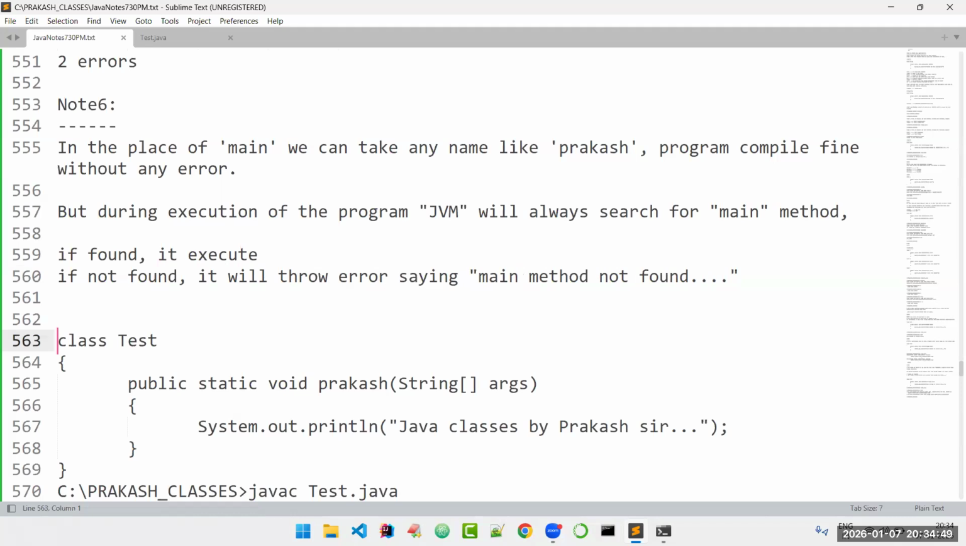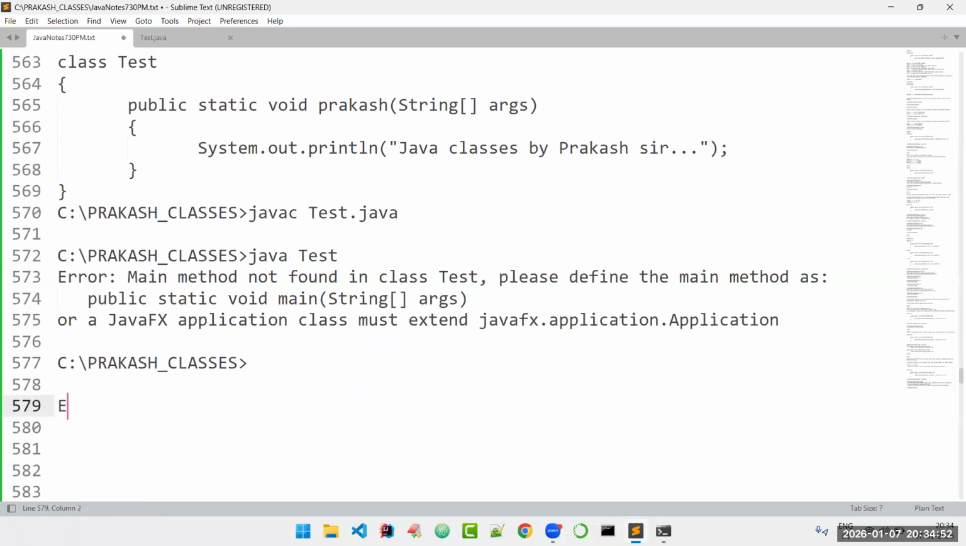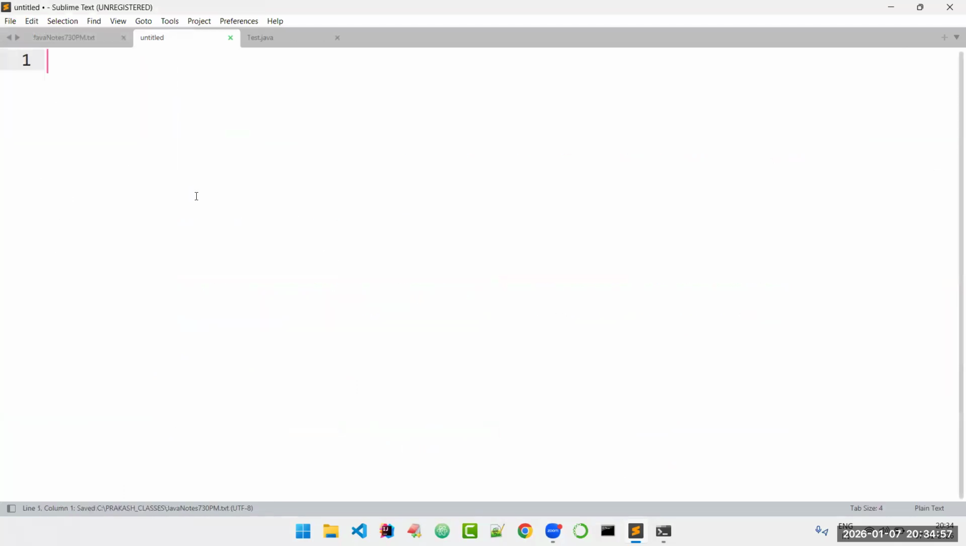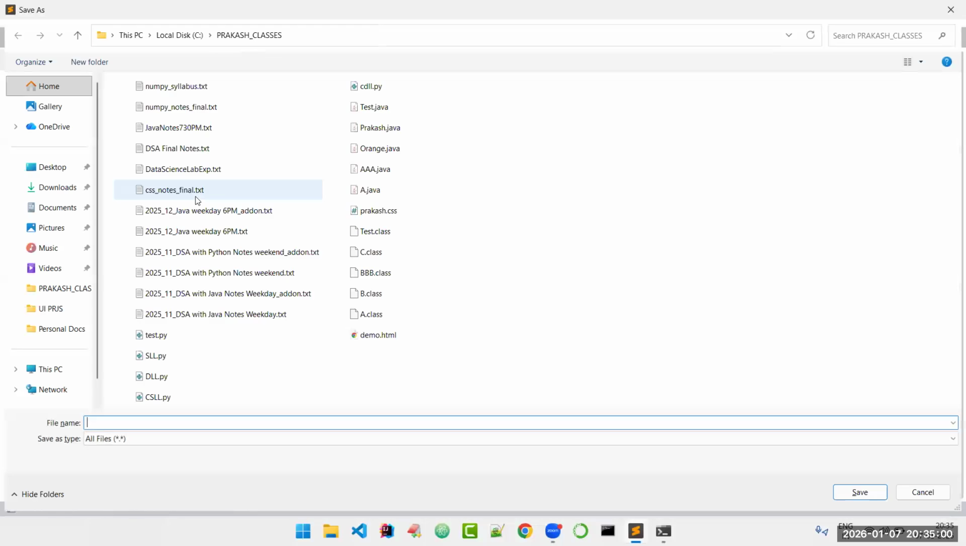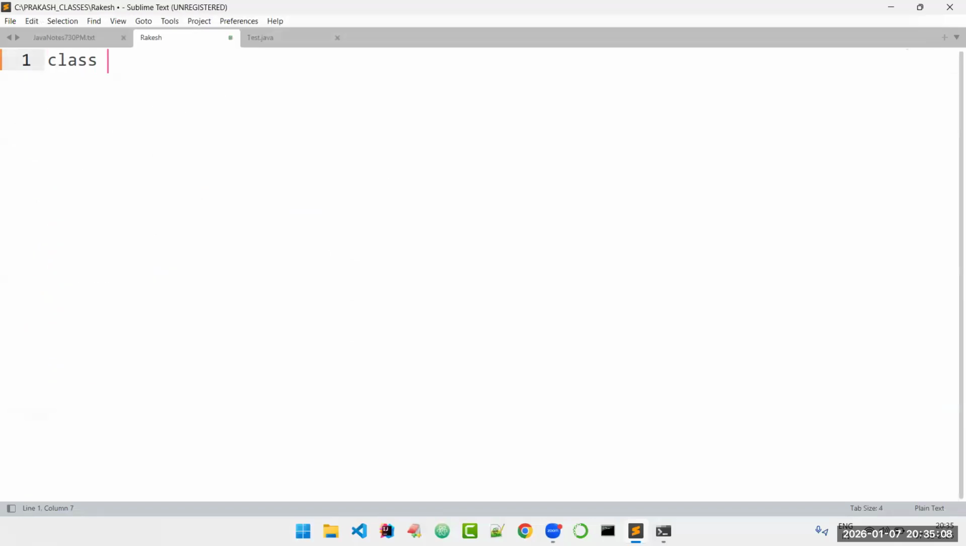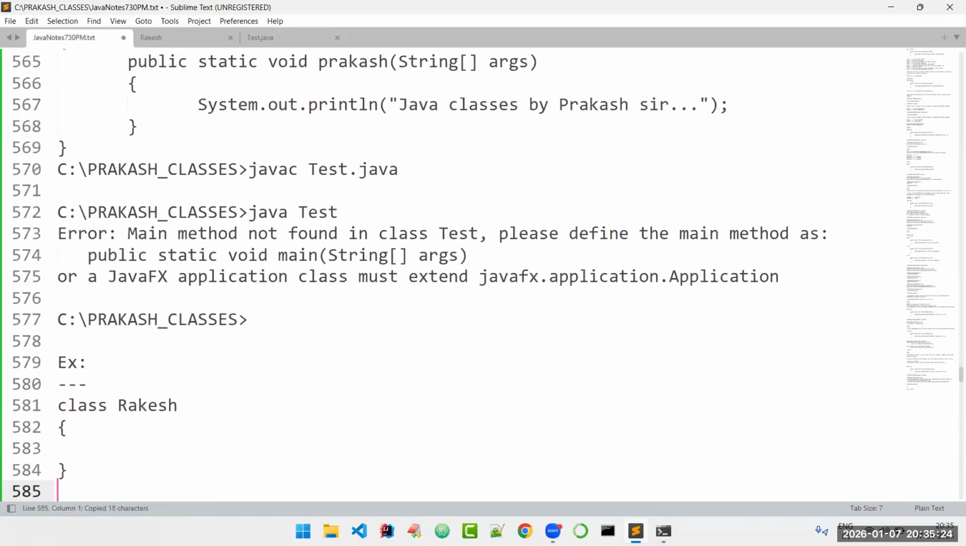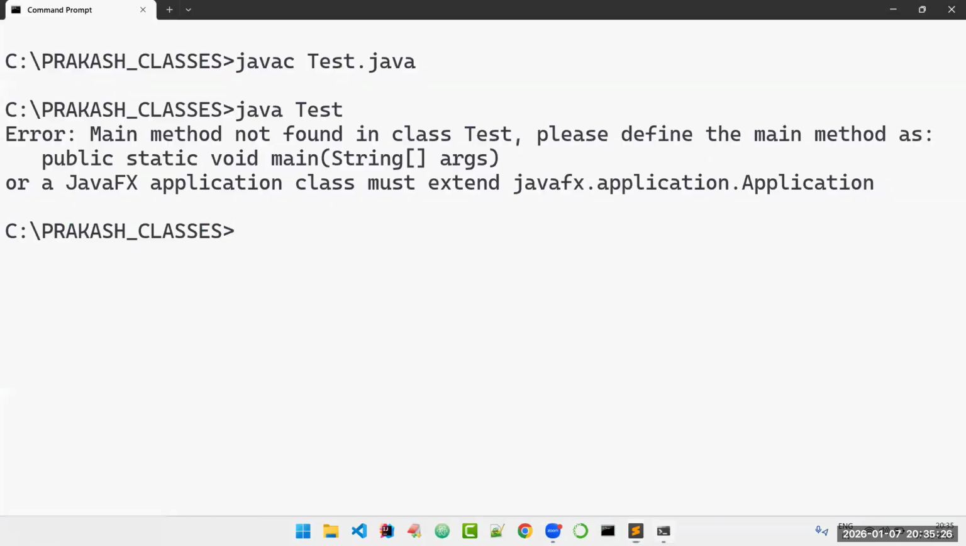Now, sir, I will take another example. You have to tell the answer for this. I am taking one new file, and the name of the file I am taking is Rakesh, and I have taken a class called Rakesh. Now tell me, is this program valid? Yes, sir. Valid, because if our previous program is valid, this one is also valid, right? But